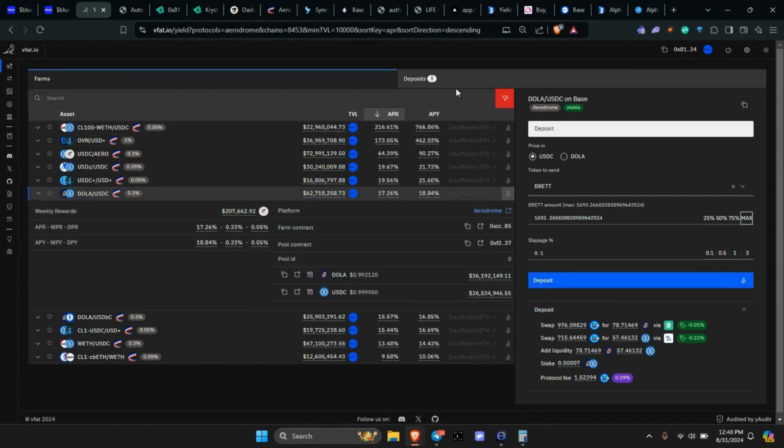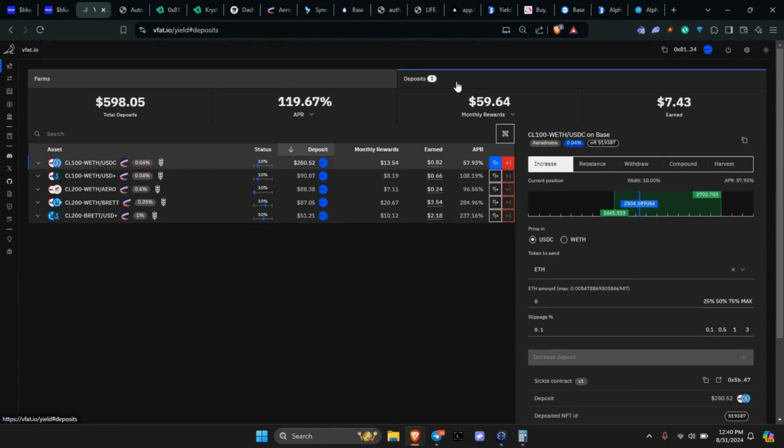So let's go to one of my positions now. I thought I was done with my testing phase, and then yesterday I went in there to do my daily check, and two of my positions were out of balance. As soon as I went in there to try to rebalance it, I think I refreshed the page or something, and it went back in.